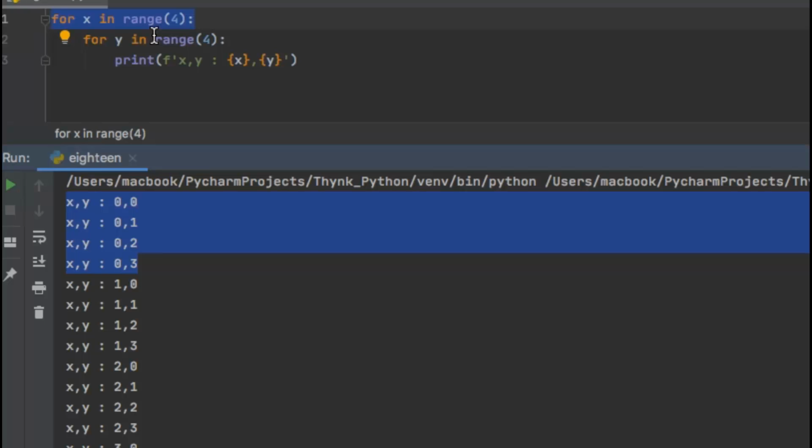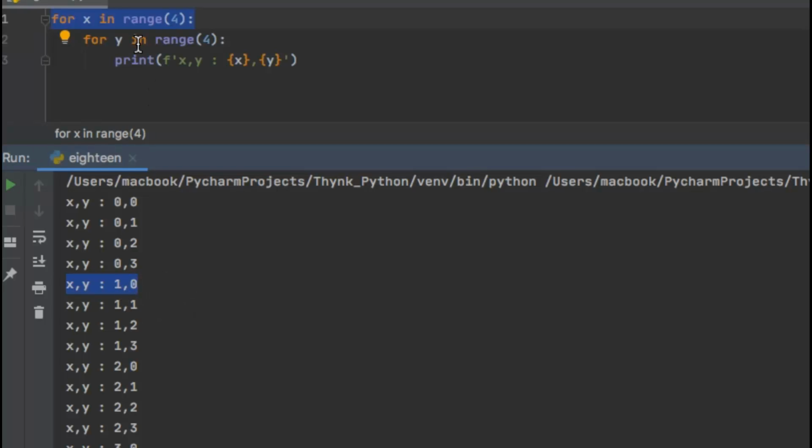Now the first iteration of the outer loop is complete and it will enter the second iteration of the outer loop. Now when it enters the second iteration of the outer loop, then x would be incremented to 1, so we have a new value for x coordinate which is 1.